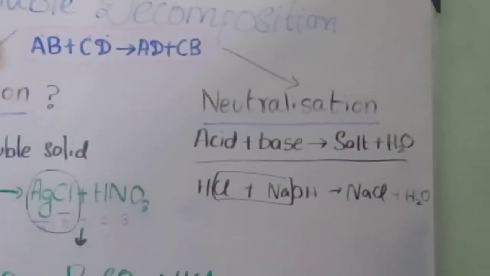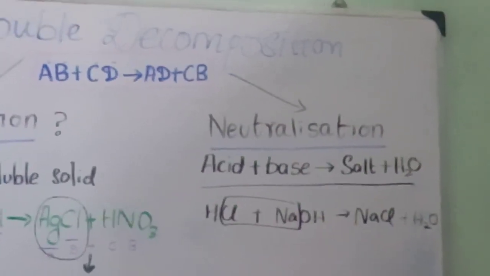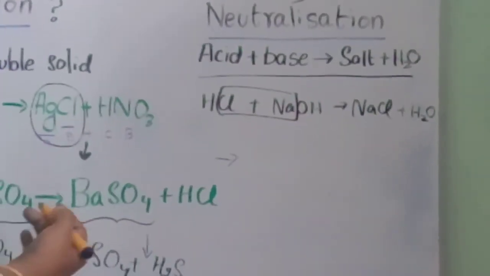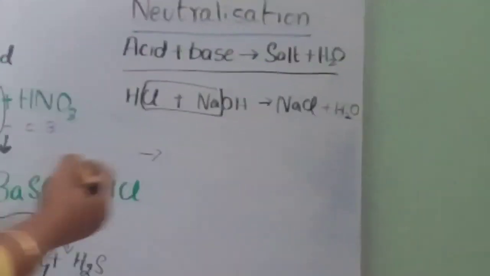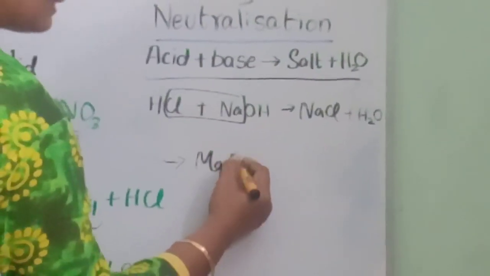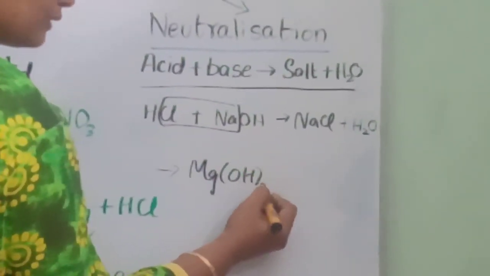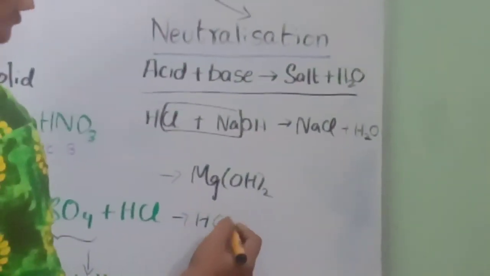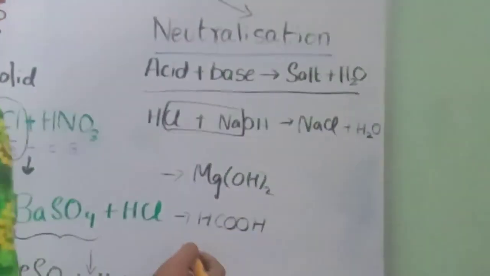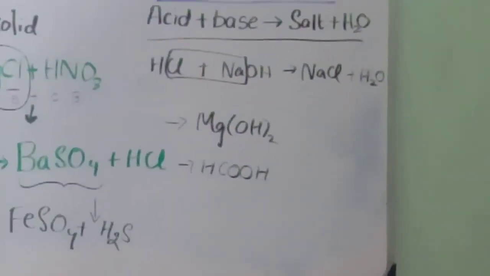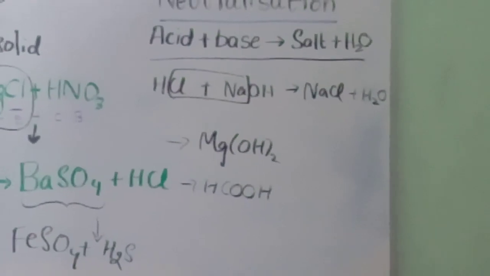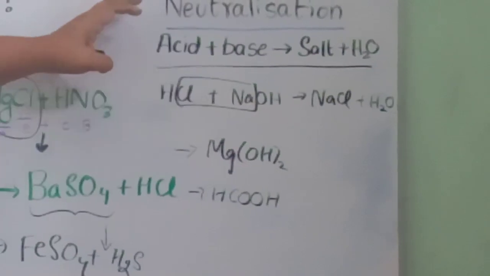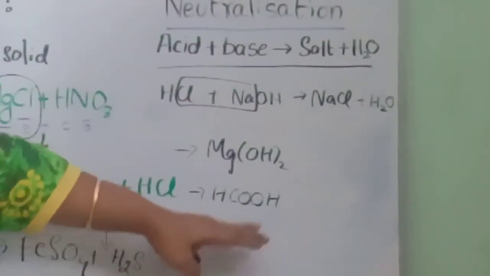This type of reaction plays a very important role in our body. For example, when we have acidity, we use milk of magnesia, which is nothing but magnesium hydroxide, as an antacid in order to neutralize it. Or when a person is stung by a bee, which releases formic acid, neutralization is very important. In soil, neutralization is very important. In toothpaste, where acid is produced by the decomposition of sugar, it is also neutralized by the base. So neutralization reaction is a very important part of our regular system.